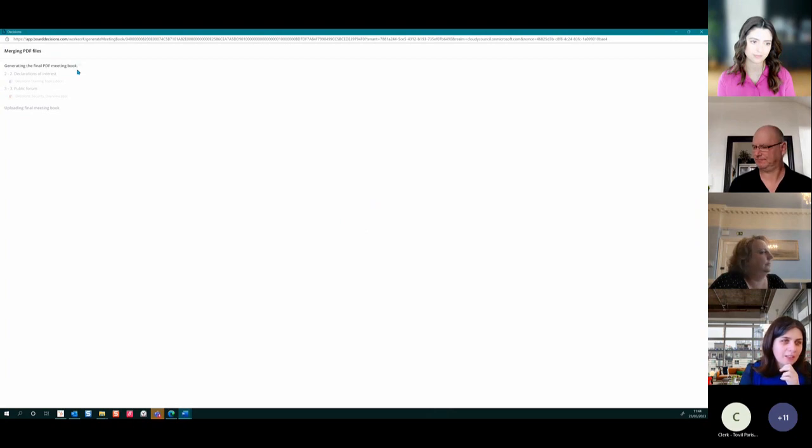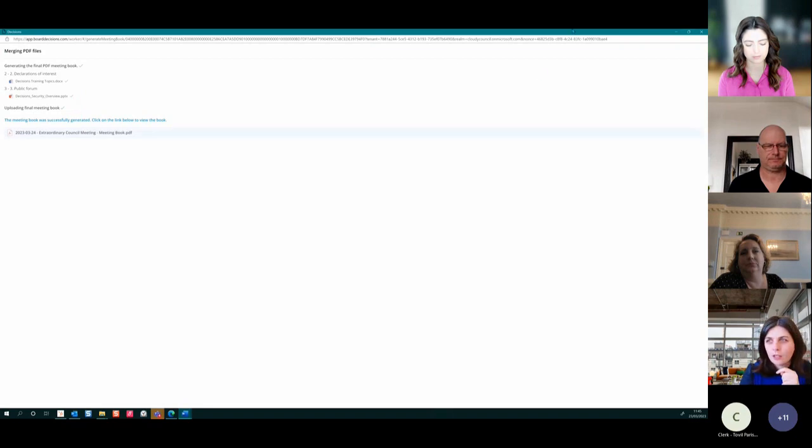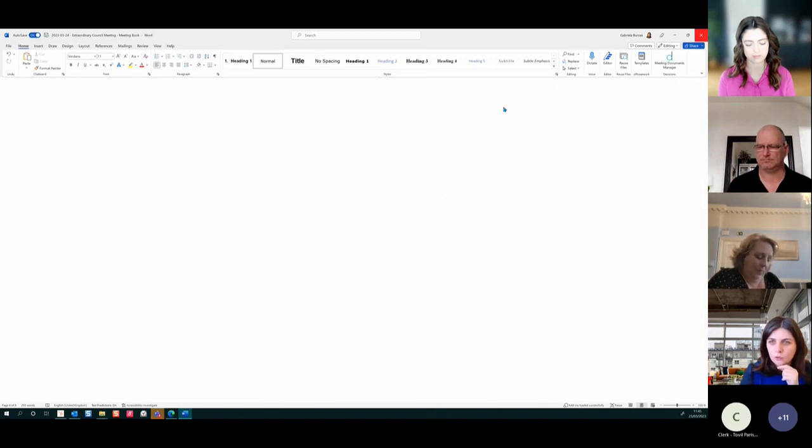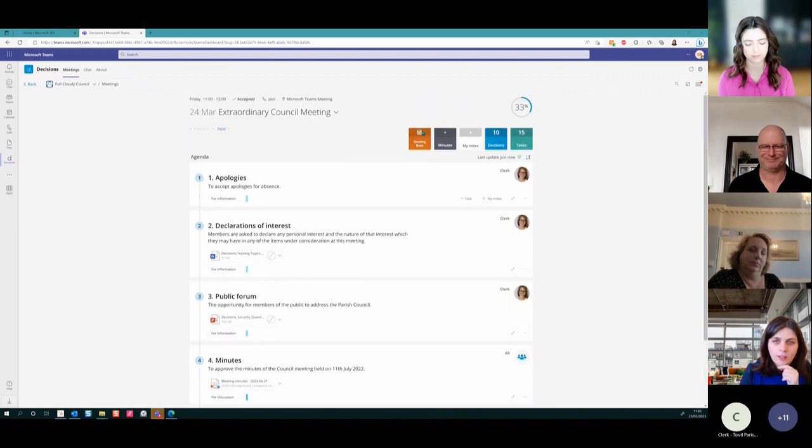Right, so depending on how many attachments you have and how heavy they are, this step might take more or less time. Here we are, we see them loading live. And here we are, our PDF is ready. Once it is ready, I can simply share it via email with all the other participants. So they'll just receive an email with my own text here. Let's not do that because we can open it anyway. Your meeting book will also sit here attached to your agenda, and you can open it from here